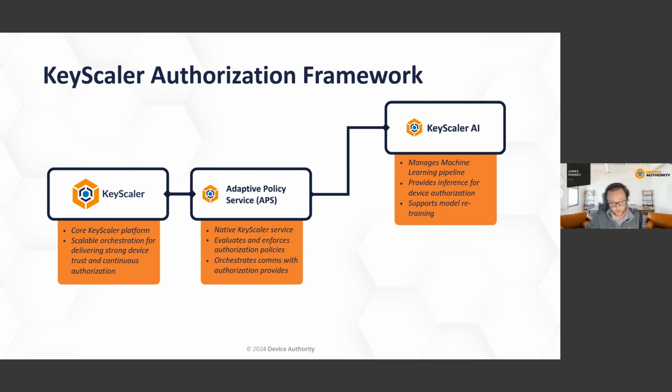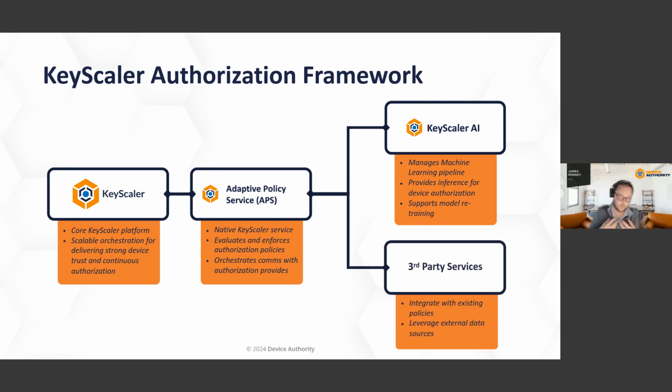It can also, based on how you build out your policy definitions within the adaptive policy service, incorporate information from third-party services and third-party connectors. Again, we will build some, partners will build some, and you can also build your own. So this really allows you to take what KeyScaler AI does and augment it with your own data to say,